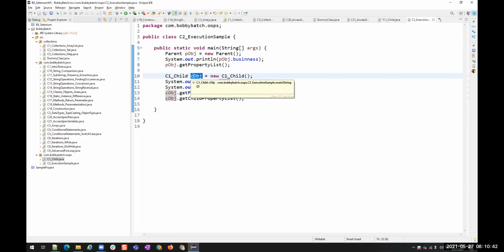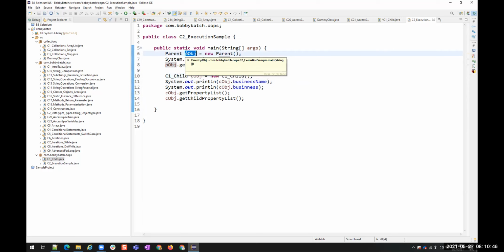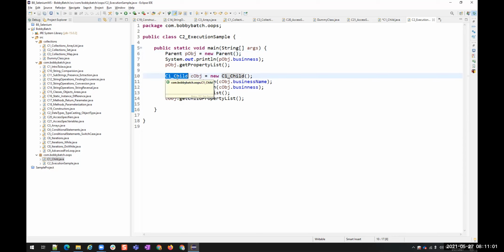Variables are not restricted to have only these values. At any place, in any of the classes, if you are creating variables, whether it is a parent type, a child type, a string, or an integer, it's up to you. Whatever name you want to give, you can give. But just make sure that it is meaningful.